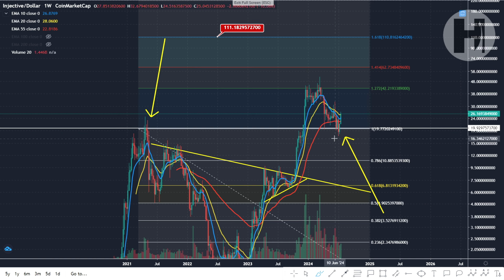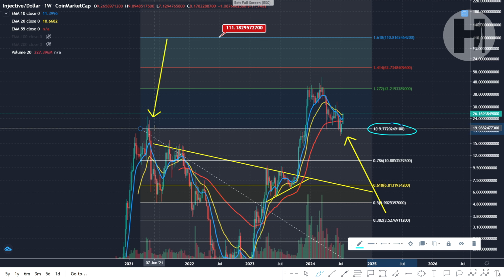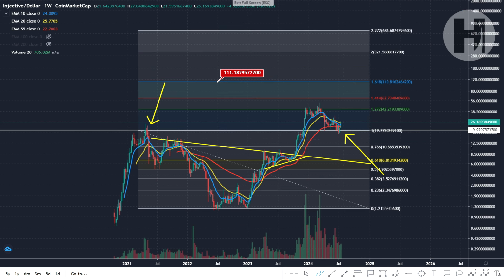As you can see, as long as we drop below $20, we start wicking, and then the candles close at 19 or so. But for the most part, we held $19.77, which is our all-time high price there. And that's a really good sign. Injective is showing strength. It has always shown strength since its bottom here in December 2022, or the latest local